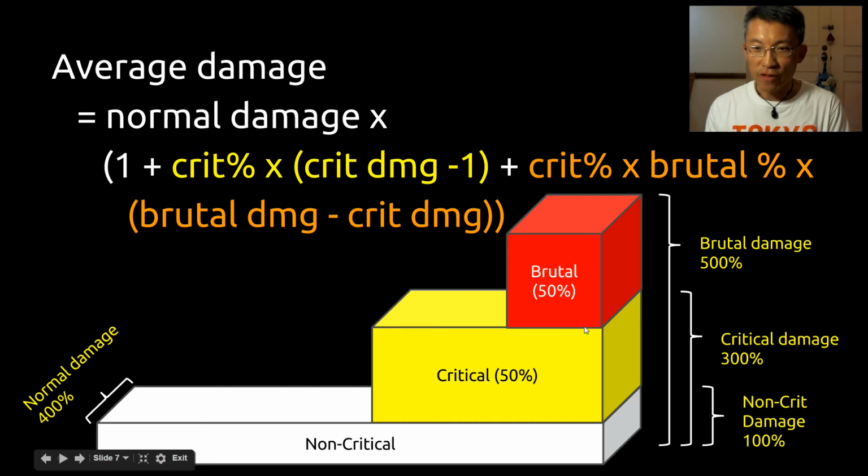And this 25% of 200% is 50%. So yeah, 0.5. So this whole thing is 2.5, right? So this whole area here on average is what you get: 2.5. So your average damage is 2.5 times the